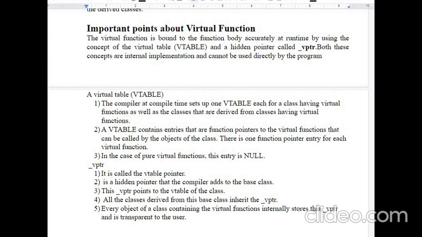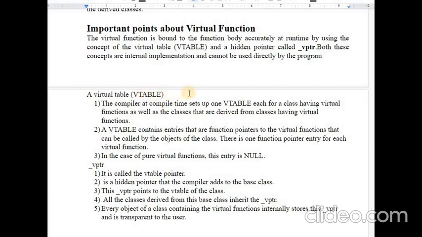A virtual table, or vtable, is set up by the compiler only for a class which has virtual functions, as well as for the classes that are derived from classes having virtual functions. So any class which has virtual functions is given a vtable maintained by the compiler itself.